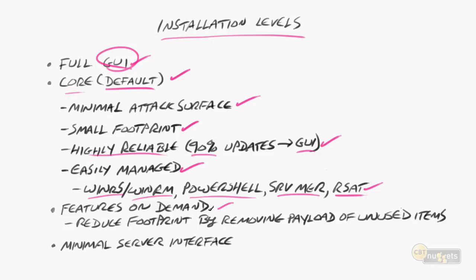This is going to reduce the footprint of the operating system. It's going to reduce either the full GUI installation that you've got, or it could also reduce a Core installation. And what it does is it removes the payload, or the bits, of any unused items. So if you've never used DNS and you don't plan to use DNS on the particular installation of Windows that you've got, why even have the bits there? There's actually bits that could still be exploited as a vulnerability, even if they're compressed or contained in other files and so on. It could still be exploited.